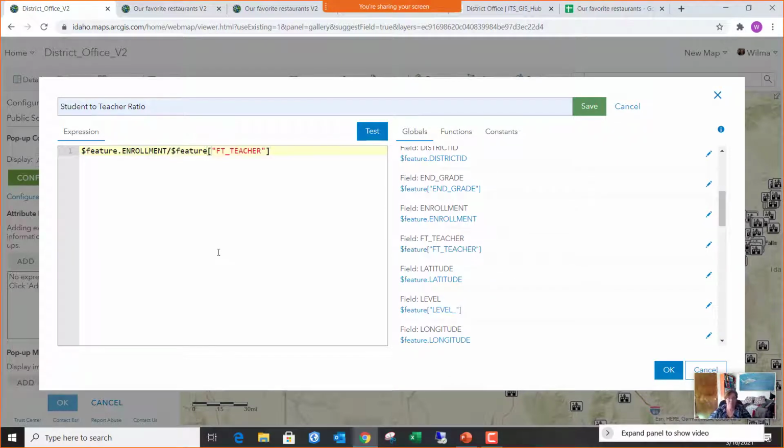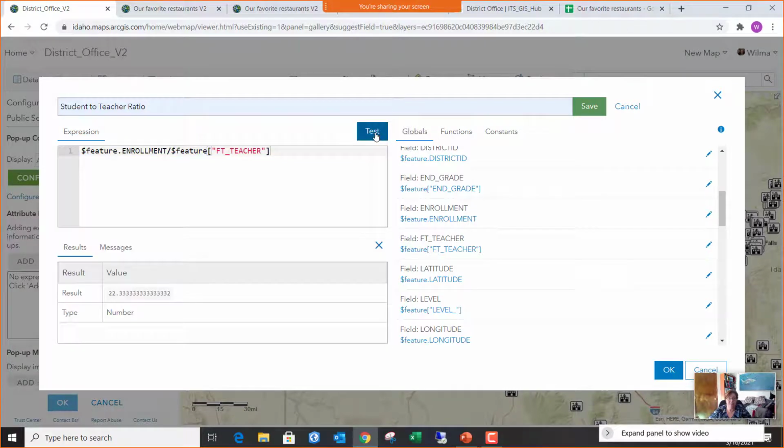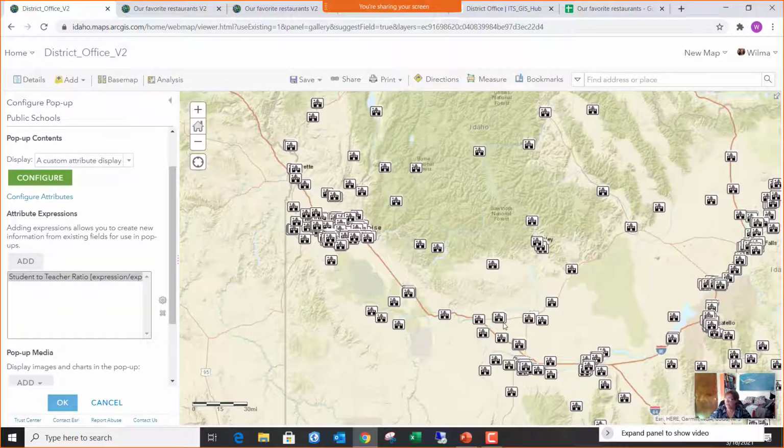Okay, so this is my equation. Then I'll just click on test, and I see my ratio right here. Okay, so I'm gonna click OK here, and now I am going to add that to my pop-up. So I'll just configure,